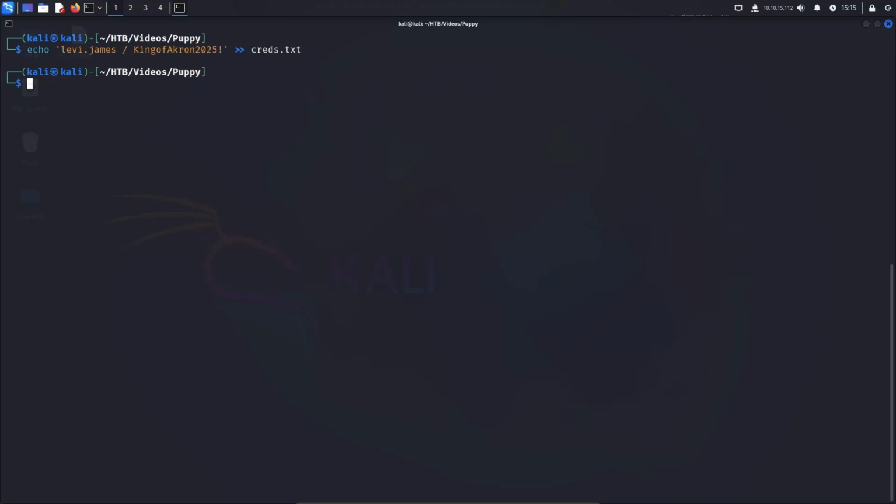Today we're going to be doing Puppy from HackTheBox. And to be honest, this machine is quite the doozy. This was one of the first medium Active Directory machines that I've solved, and it gave me quite the trouble, especially at the end with the privilege escalation. But we're going to have to get through the rest of the steps to get there, so let's jump right